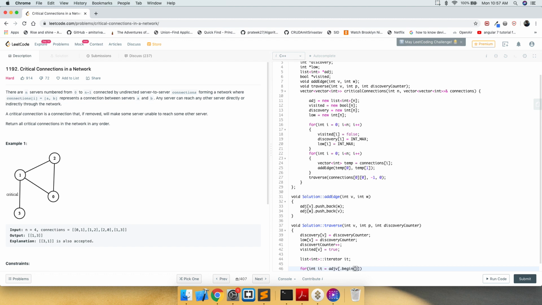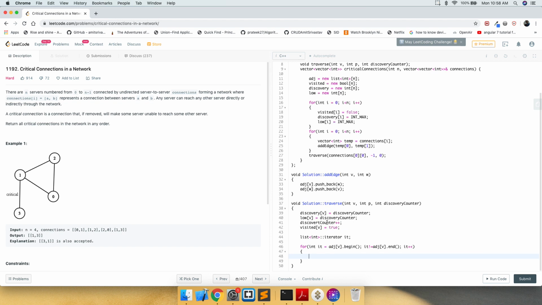This is basically just doing DFS. So far we have not done anything unusual other than DFS. We have just maintained two arrays, discovery and low, and for the function we have just passed the parent and discovery counter. So it's almost similar to DFS. We have just modified it a little bit.